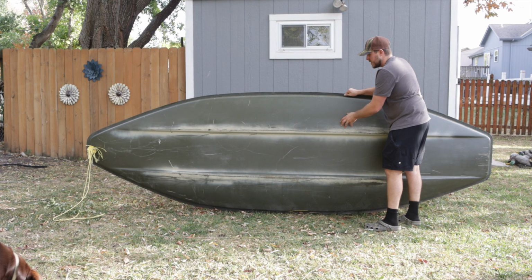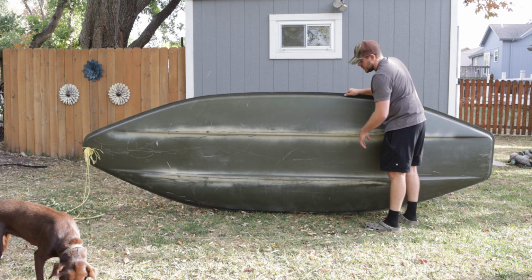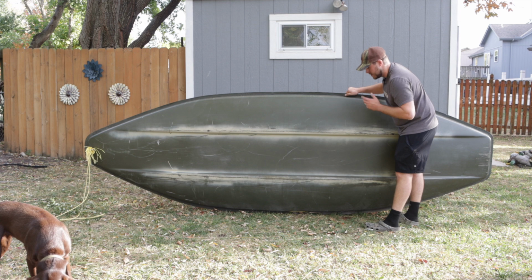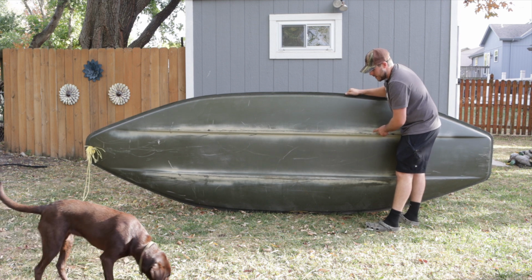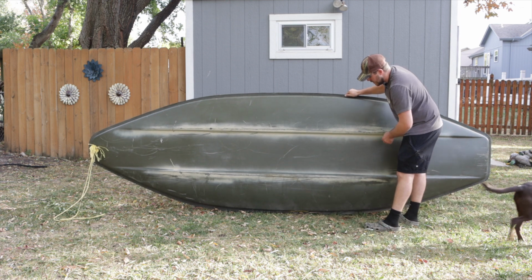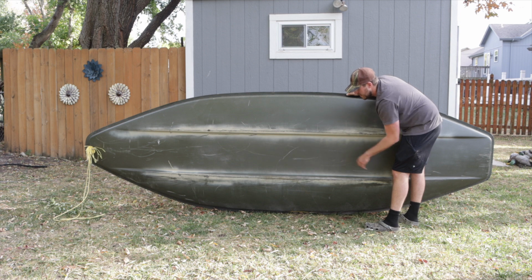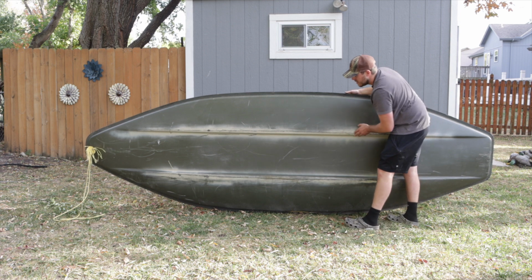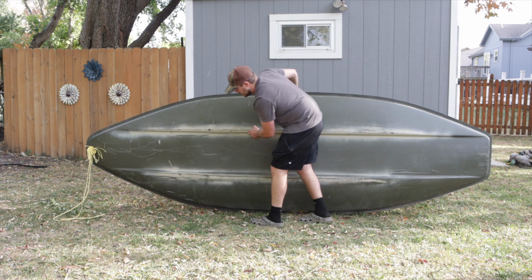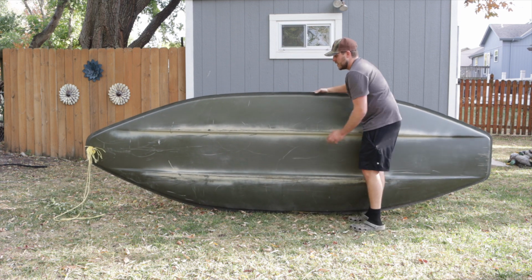So this is the bottom of the boat. It doesn't have a slick finish like the Four Rivers did, and it doesn't seem like it has a really thick gel coat. I say that because I can see through it. Just in the time that I've used this throughout the summer and then hunting and teal season, I've noticed some wear and tear throughout here. So I touched that up with some spray paint just to cover up some fiberglass. But there were a couple of places, like right here, where I can see the fiberglass through the gel